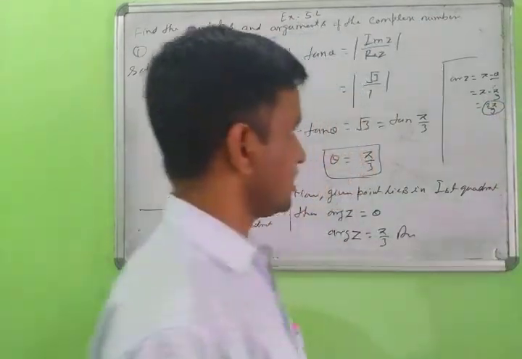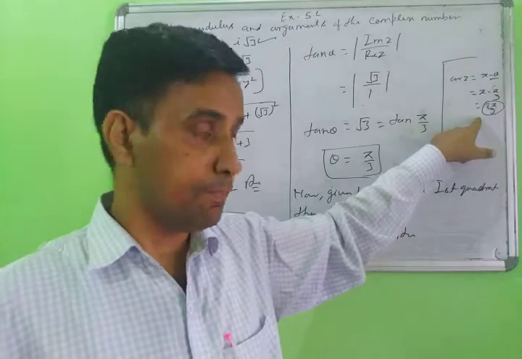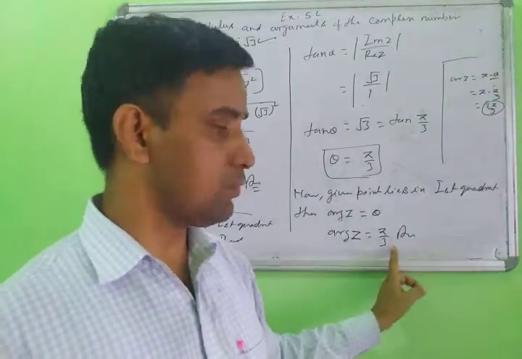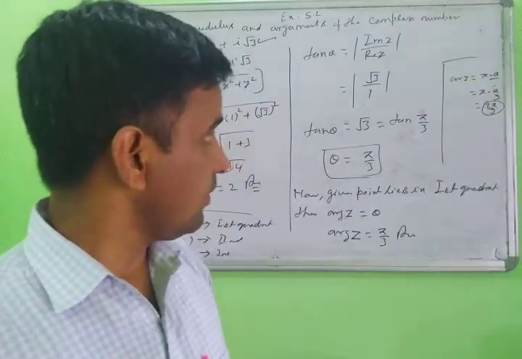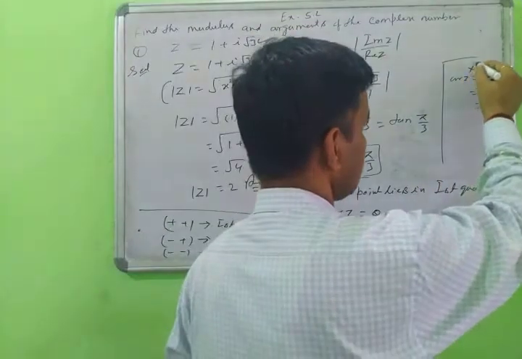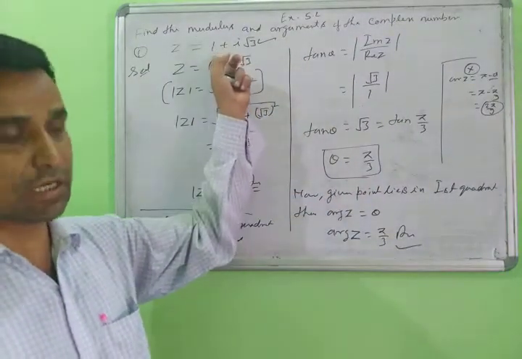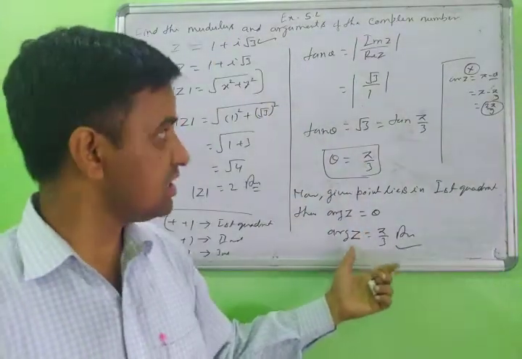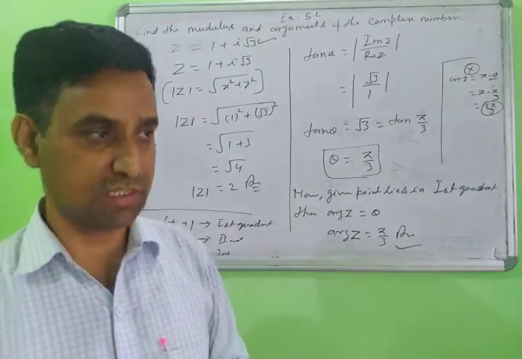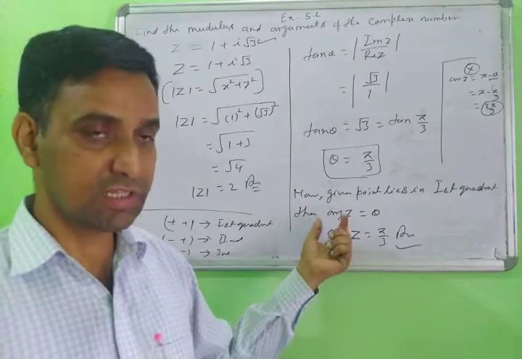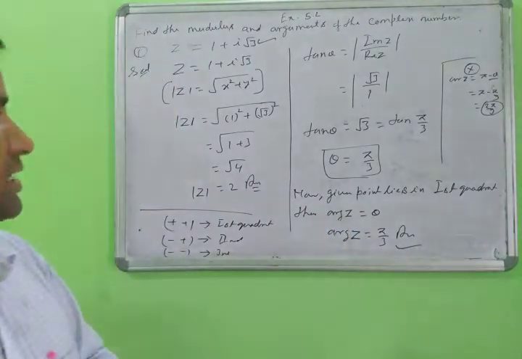This value belongs to minus pi to plus pi. This value will always belong to minus pi to plus pi. Yes, you check this. So this is for the second quadrant. This is not your answer here. Suppose your point is changed to the third quadrant, then the argument will again change. There are different identities according to your quadrants. Yes, note it down. Then next question.